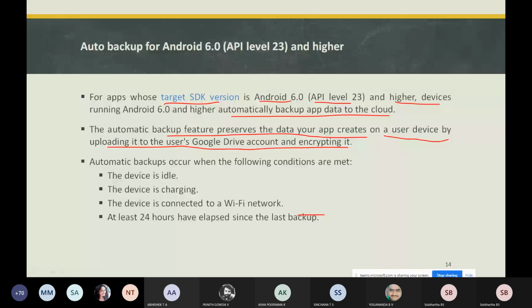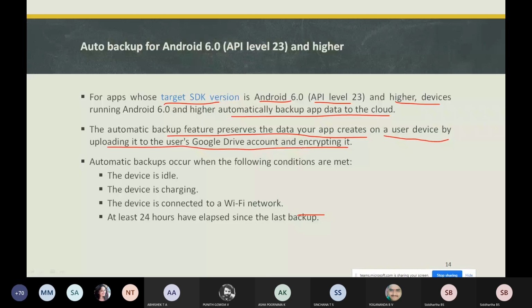application. For example, if you've done a factory reset on your phone, it means that all your data and your applications will be deleted completely. What happens in these higher versions? When you are done with the factory reset and go back to the Android device, it automatically restores your app data from the cloud.